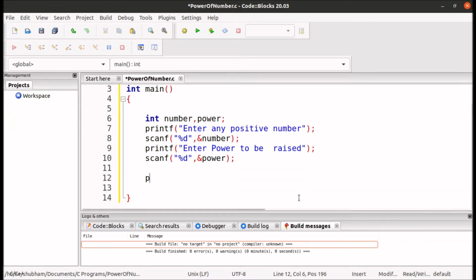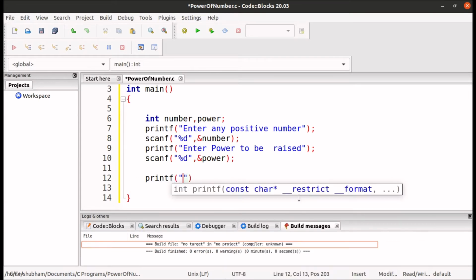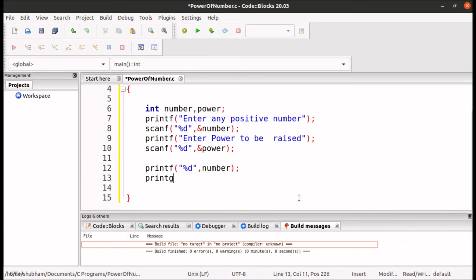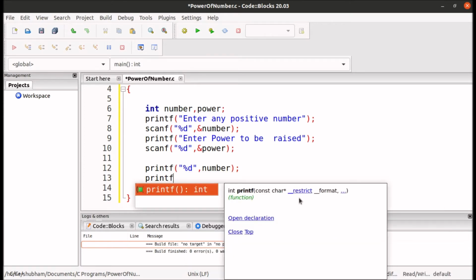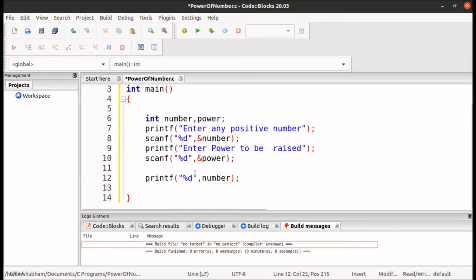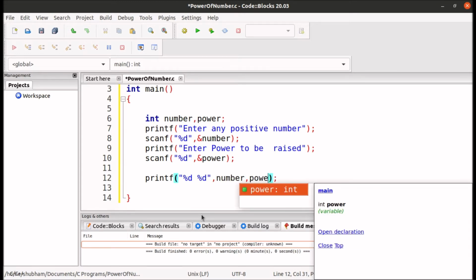Let's print both the variables, printf %d and %d, number comma power, in the same line.